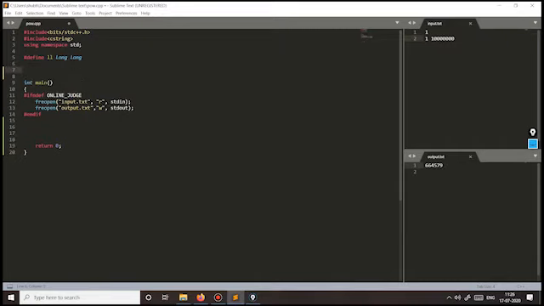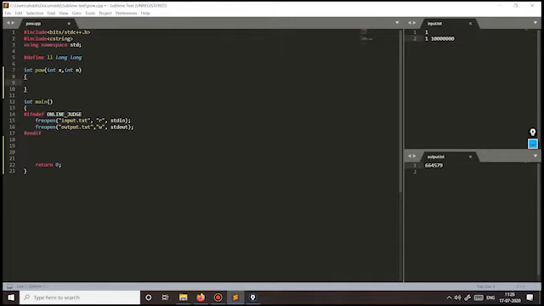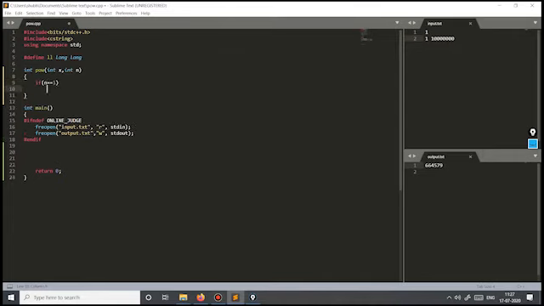So I'm going to do that: int power function, int x comma int n. Now in order to solve this, we need a recursive function, and the base case is if n becomes 0. Like in the previous case, what we saw was that when n is being reduced to 1, we have to return 1. So if n is getting reduced to 1, we'll simply